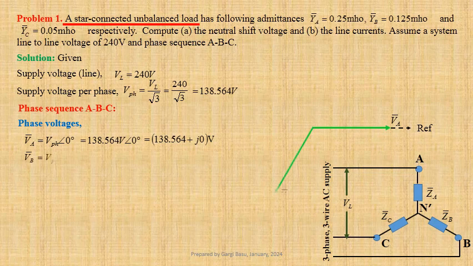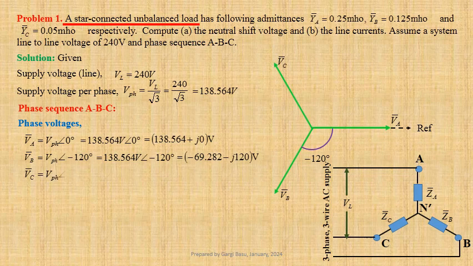VB equals V phase at an angle minus 120 degree, that is 138.564 volt at an angle minus 120 degree. In Cartesian form, this may be written as minus 69.282 minus j times 120 volt, and